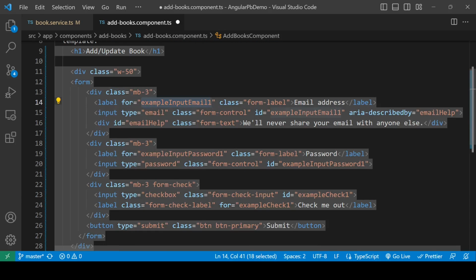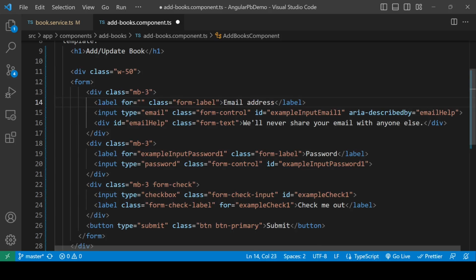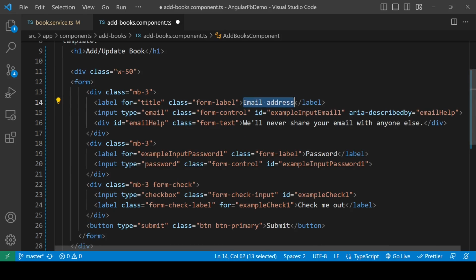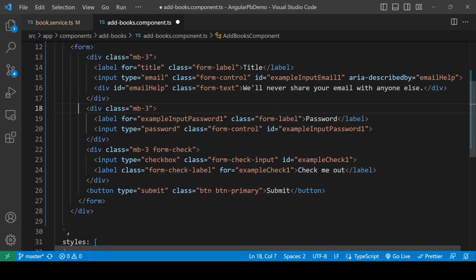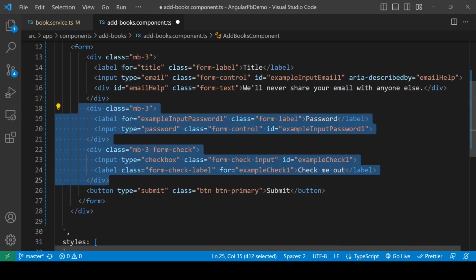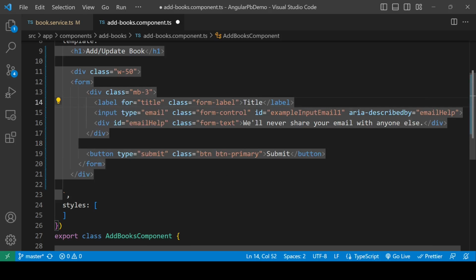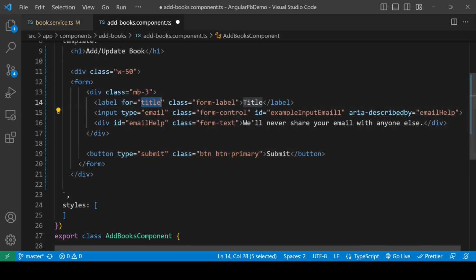Okay, so we have this label and it will be for our title. Okay, and here we will have this title, sorry, class equals to form label, and it will be title. That's good, and I'm going to delete all of these for now, and we will have this title input